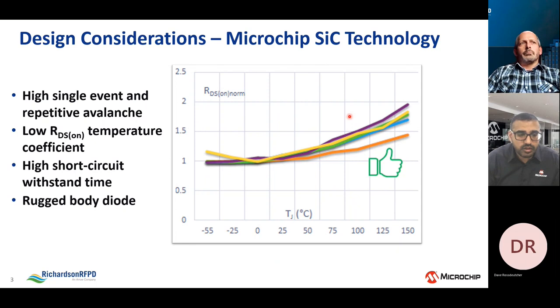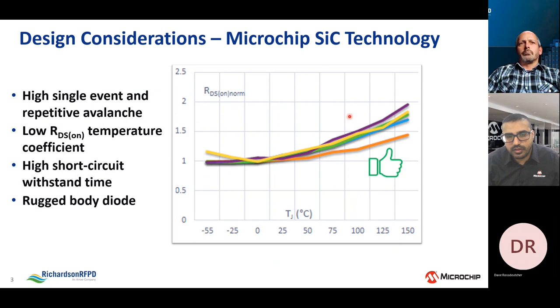And so that helps potentially eliminate that snubber circuit that I talked about, or depending on the system parasitics and design, you may be able to minimize the size of that snubber. Another benefit, which is important and critical for this application, is to have a low RDS(on), because all the losses are going to be conduction losses. You want to have low RDS(on), and we do have the industry lowest RDS(on) temperature